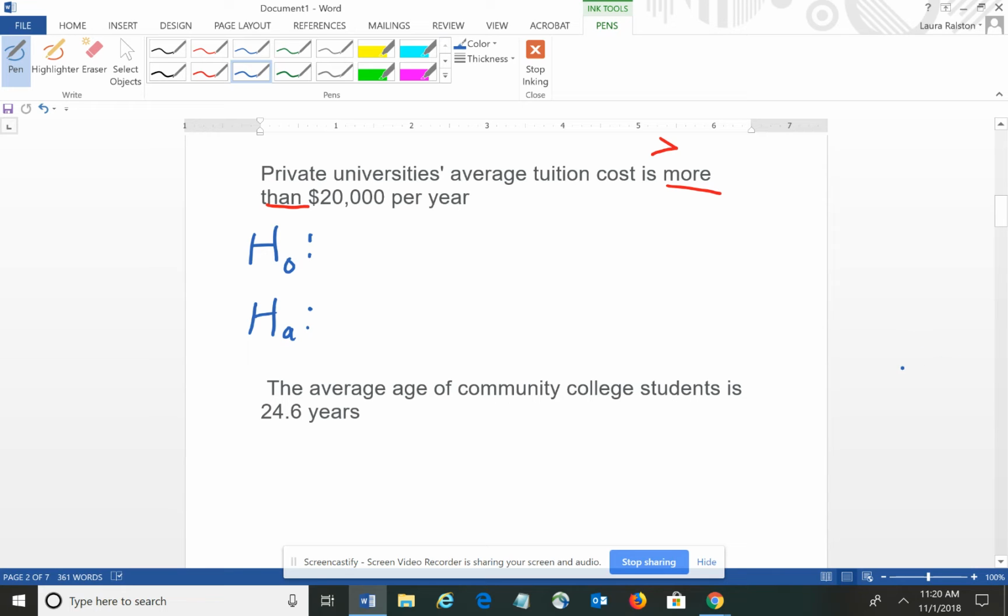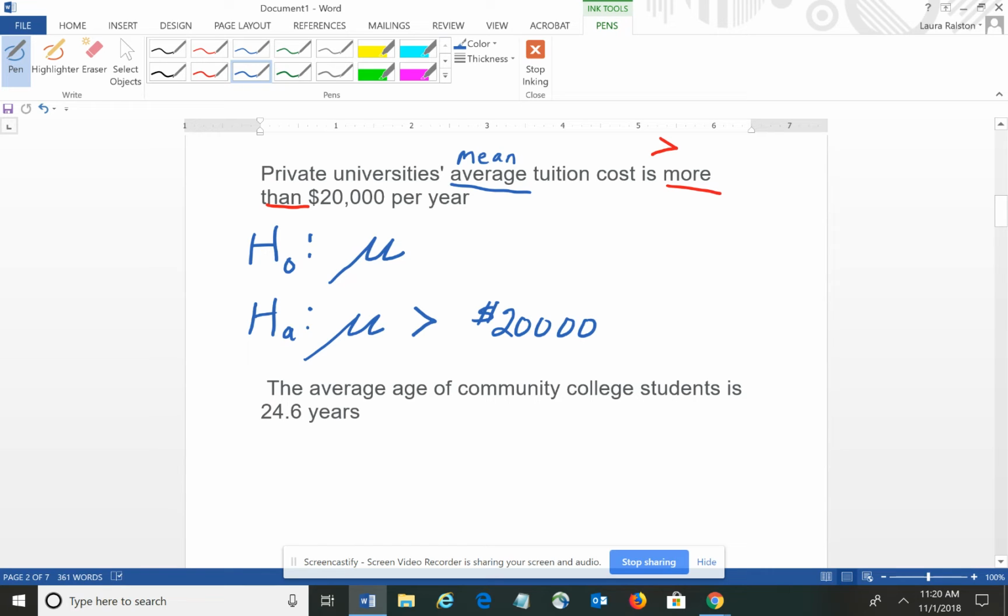This also has the phrase average in it, and that tells us which population parameter to use. Remember, average is a synonym for the word mean, so we're going to use the Greek letter mu, the one that looks kind of like a funky looking U shape. And the fact that it's more than and does not contain equal means it's going to go as the alternative. So the mean is more than